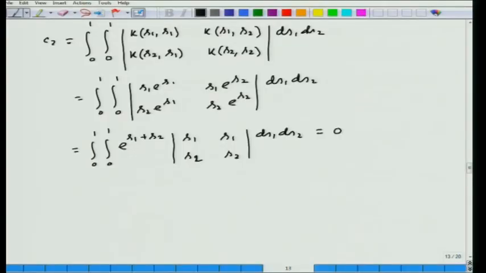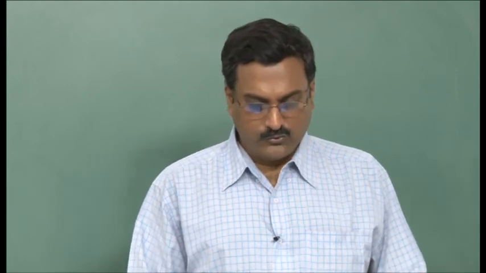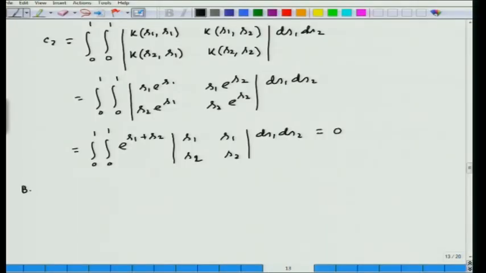Now, in order to understand why the rest of the expressions for B3 and onwards will be equal to 0, we can just have a look at the expression for B2 x. If we look at the expression for B2 x comma s, this will be double integral 0 to 1 a third order determinant. I am not writing that is k x comma s, I am directly substituting their expressions. First row will consist of x e to the power s, then x e to the power s1, and then x e to the power s2.